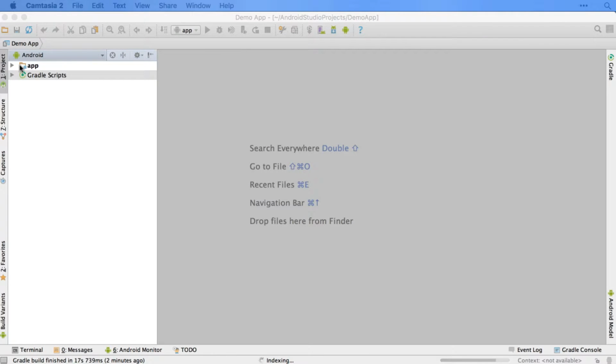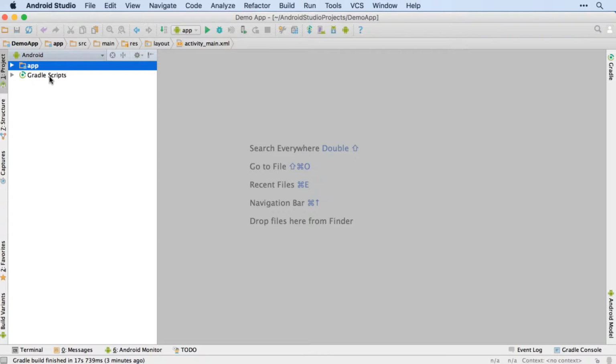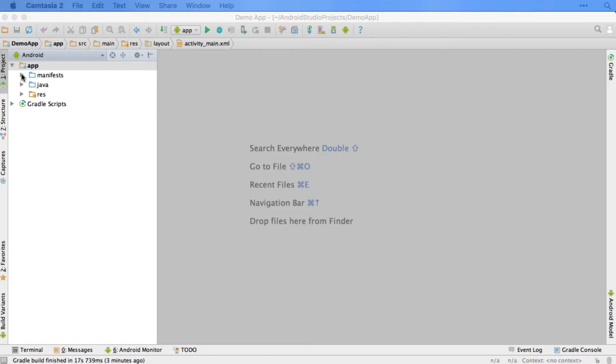Now, Gradle is an open source build tool, which essentially is what Android Studio uses to build your app from these folders and files. If we want to, we can add in some scripts to do some custom work in the build process. We'll be doing that later on in the course, but we don't need to do anything with Gradle scripts right now. For now though, we'll look into the app folder by clicking the triangle, and you can see we've got